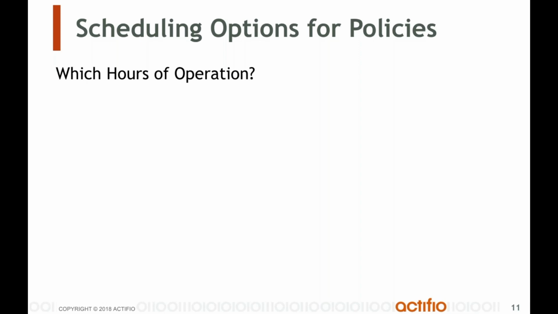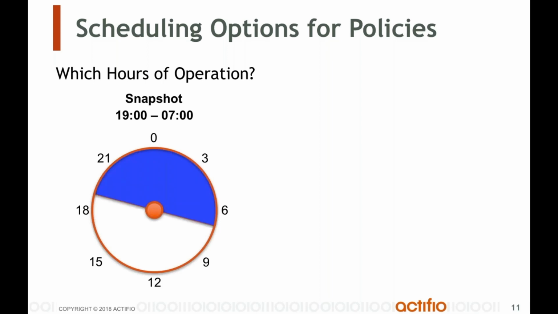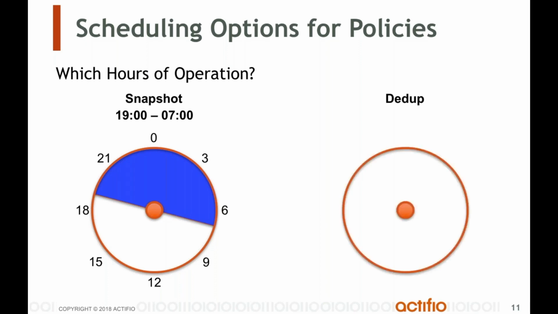For example, for a snapshot operation, let's draw a clock, label it with the hours, and let's say that we're going to set the window of operation to be from 1900 to 7 within the system. This defines to us when we will begin and end the operation. And we can look at one for dedup, for example. Same thing, let's take a look at a quick clock. And we'll set the hours for this one to be primarily the whole day. So we're going to start at midnight and end at